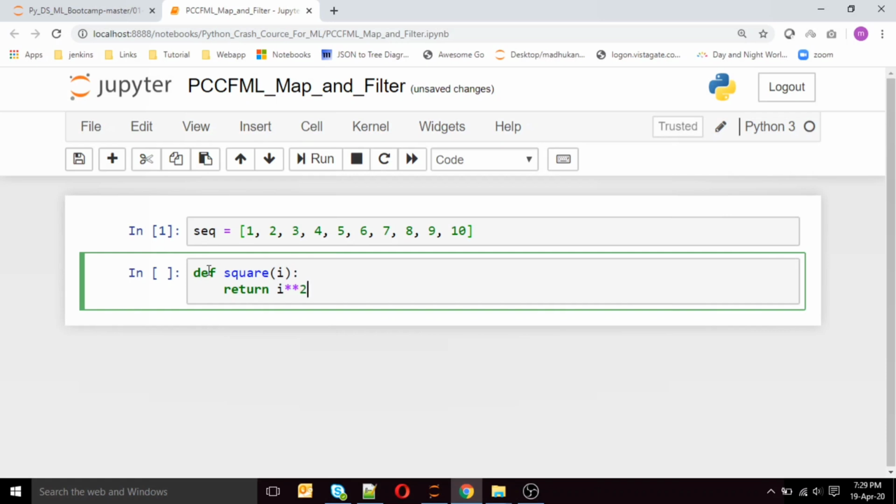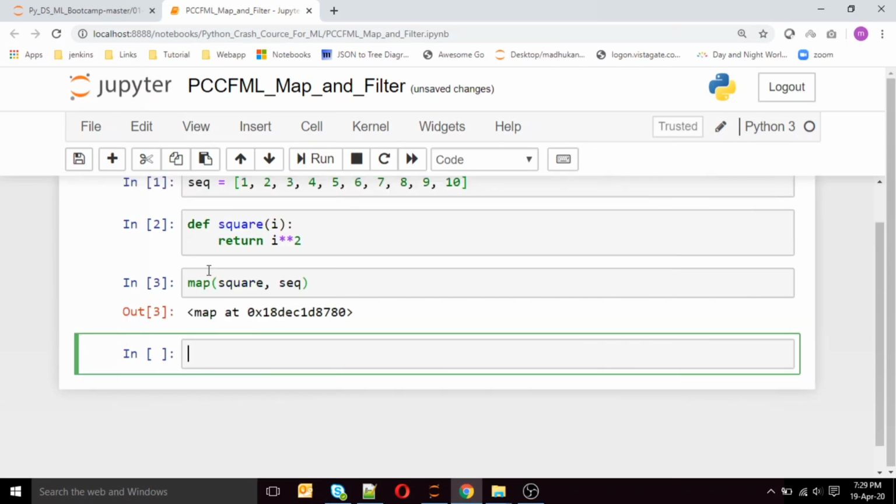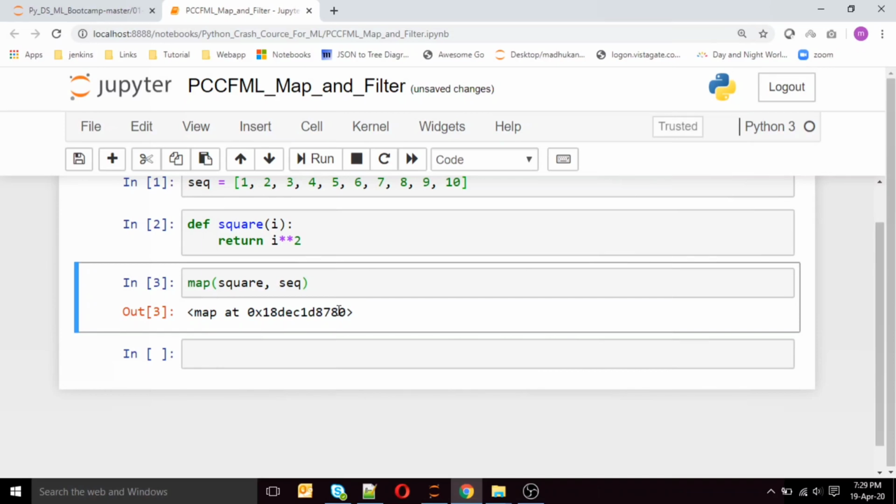I would like to return i square every time. Now if I want to create a map of square and give the object as the sequence, what it returns is the signature of the map, the location of the map object which has been created in the RAM.